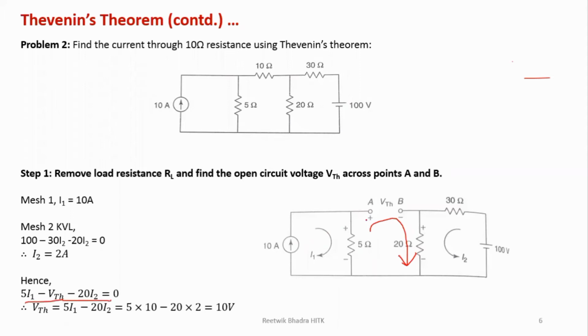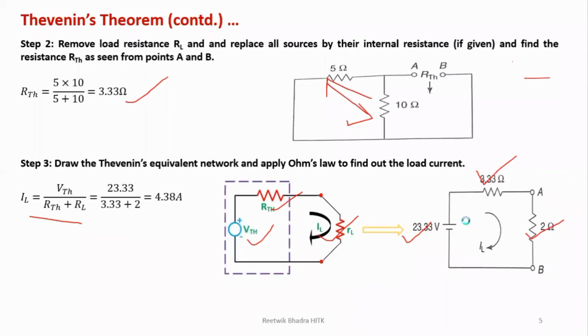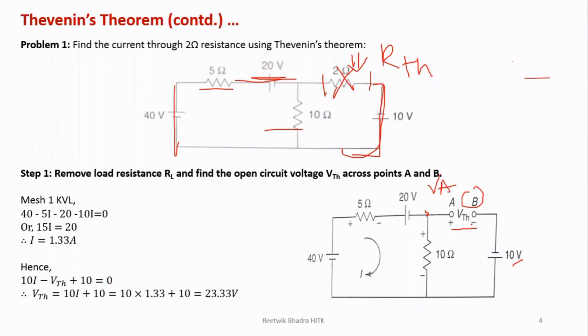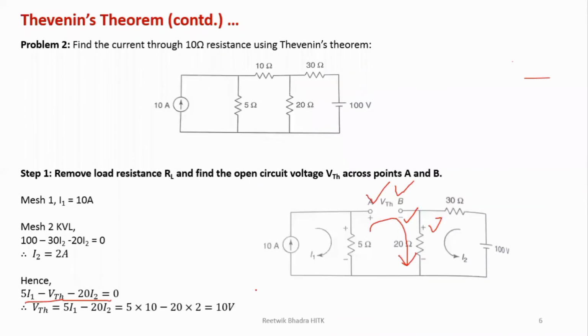So that is written over here, or you can find out VA minus VB. While finding out VA minus VB, please be careful of the potential. Minus connected to plus, so plus into minus gives you minus. So the value will be minus over here. And over here, please be careful, minus was connected to minus, so minus and minus gives you plus. So that's why it was becoming plus 10. Please be careful of that while applying the VB logic. If you apply my logic, then no need to take care of your minus and plus signs. Only whatever sign is drawn over here, you have to take care of it.